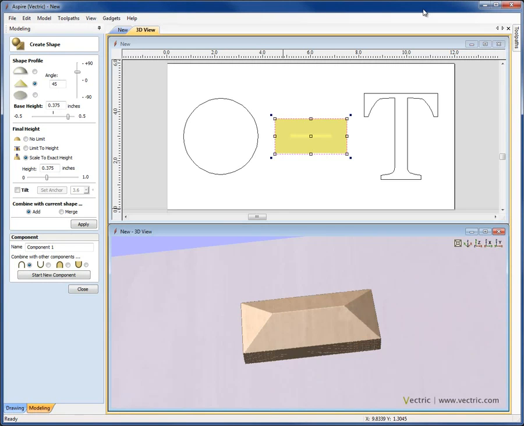Now you may want to create multiple shapes within the Create Shape form. There are two ways to do that. You can create them so they're all put into a single component, and for that you use these options here to combine with the current shape, or you can make multiple different components. For instance, here we've created this first one, so I'll call that angled shape, and then if I click Start